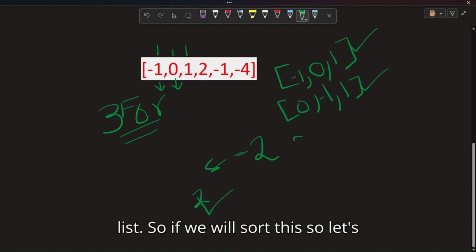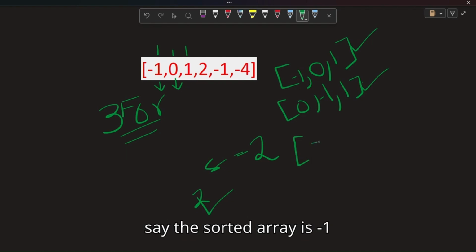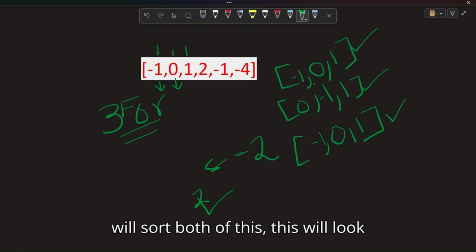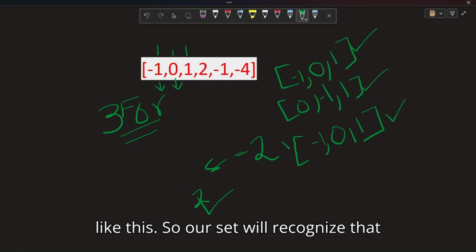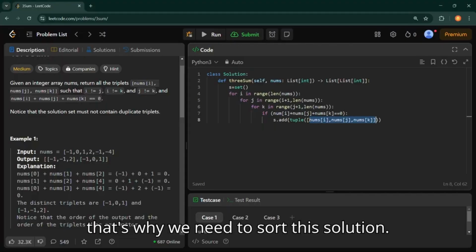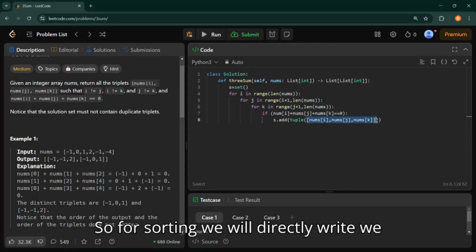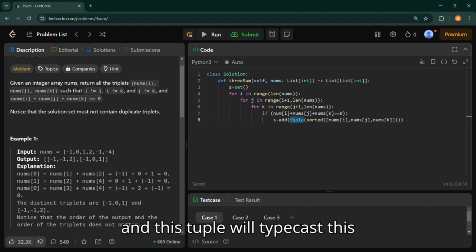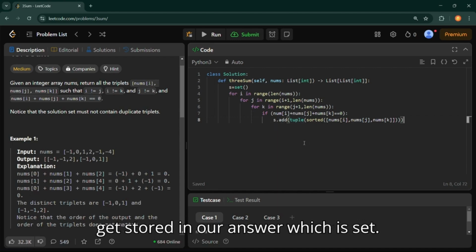If we sort them, the sorted array is -1, 0 and 1. So if we sort both, they will look like this, and our set will recognize that this solution is already in the set, so we don't have to store it again. That's why we need to sort this solution. For sorting, we directly write sorted. This will sort the triplet, and tuple will typecast this list into a tuple, and after that it will get stored in our answer, which is the set.